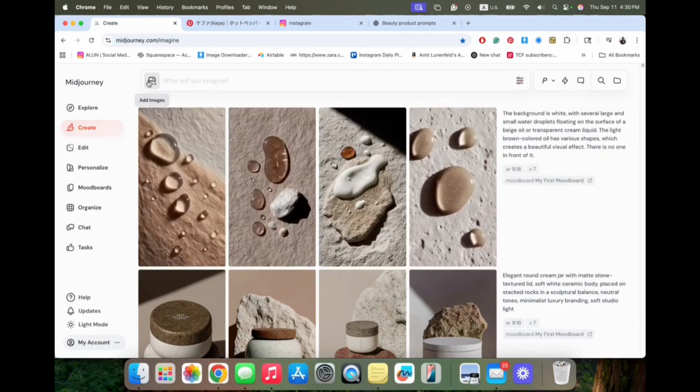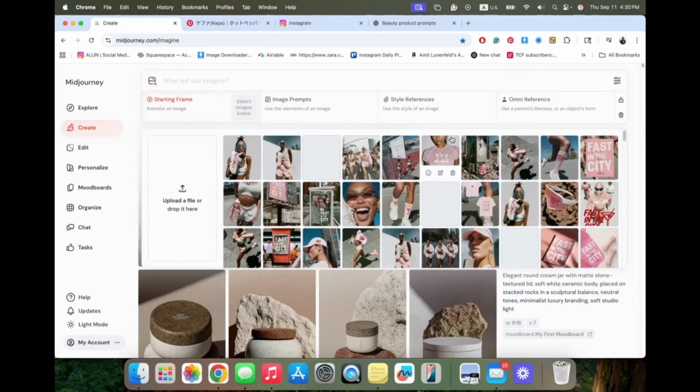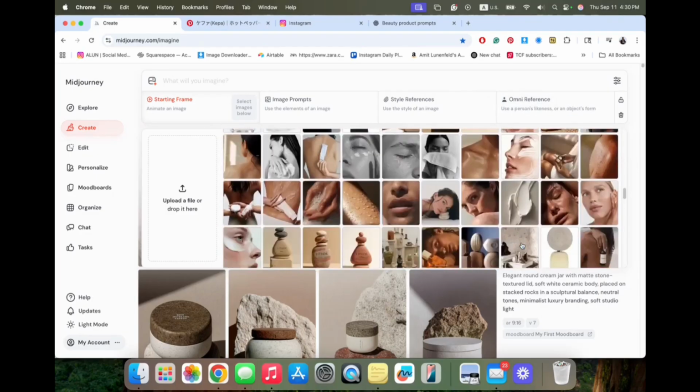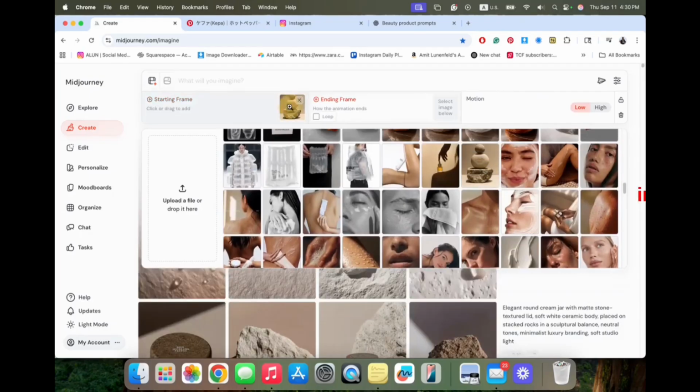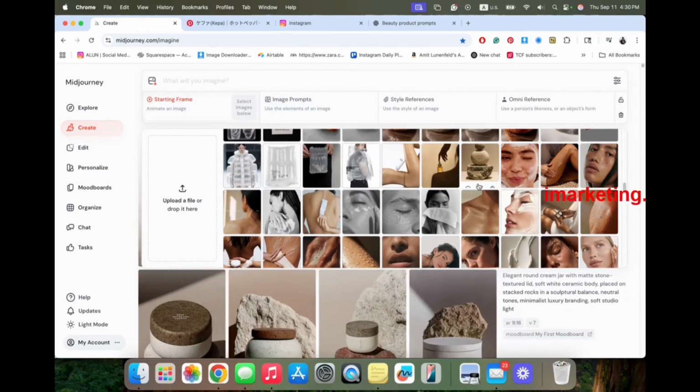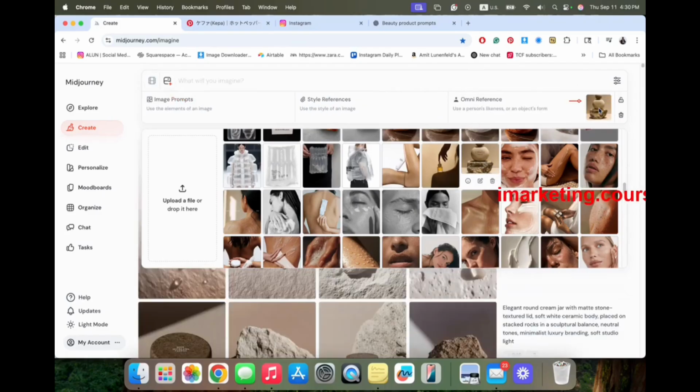I don't like to use it because I like how AI explores new opportunities and new images, but you have here the Omni reference, where you can place an image. Let's use my inspiration. This was a bottle I created with AI.